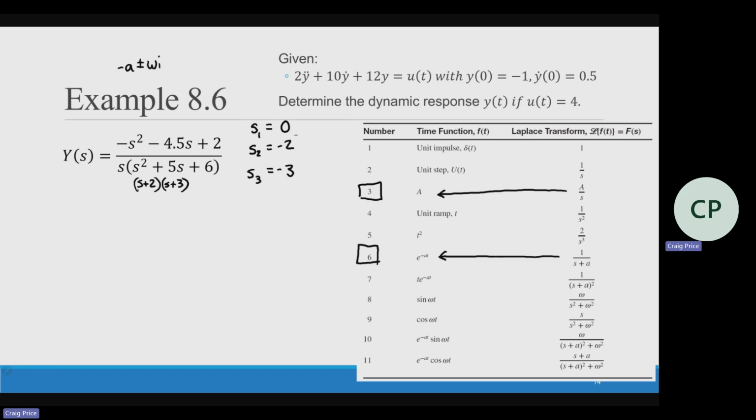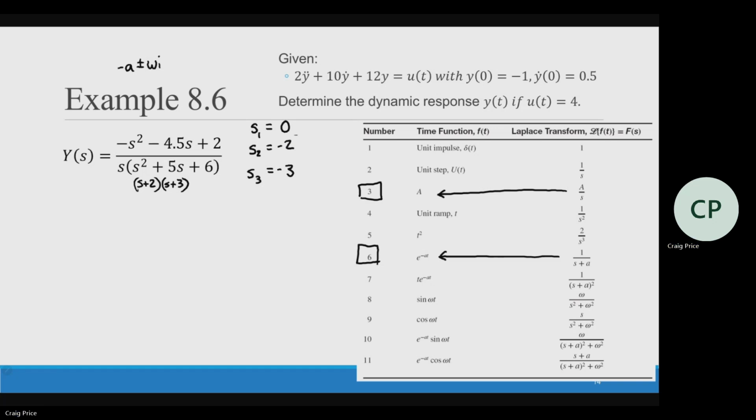If I have any omegas, I'm looking between lines 8 and 11. If I have an a and an omega, I'm in these bottom lines. If it's just omega, I'm dealing with 8 and 9. So that's where the roots really help you. If I can identify the roots, now I know what my partial fraction should look like,